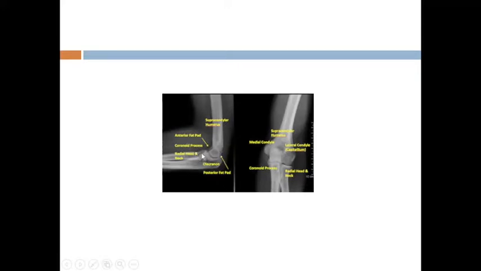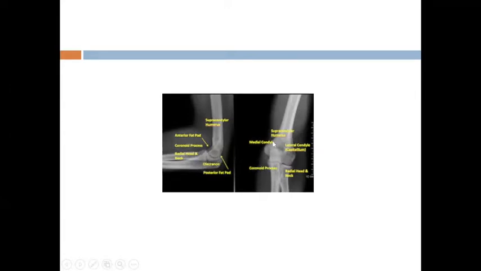And here you can see the radial head and radial neck. There is a mild angulation between the radial neck and the shaft of the radius. Here you can see the olecranon process of the ulna. This olecranon process of the ulna is articulating with the distal end of the humerus, and there is one superior radio-ulnar joint. And a single joint capsule is covering these two joints. One joint is between the humerus and ulna, the other between the ulna and radius.